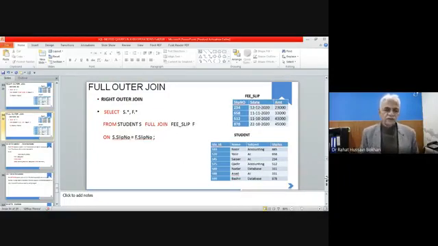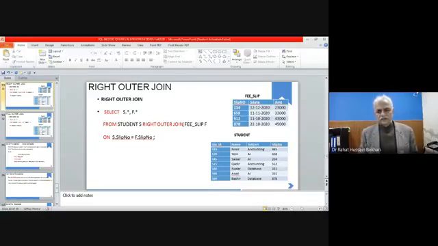So we also have the right join. Within the right join you have to give the reserved words right outer join. Recall that with the right outer join all the rows from the right side table should be accommodated, and the rows from the left that match the condition should be written, and those that do not match the condition should be filled with null values. By using these two tables, fee slip and student, you have to run this query and say what the result should be.